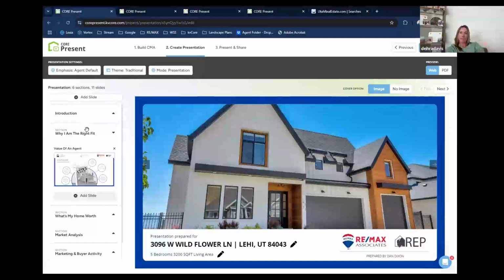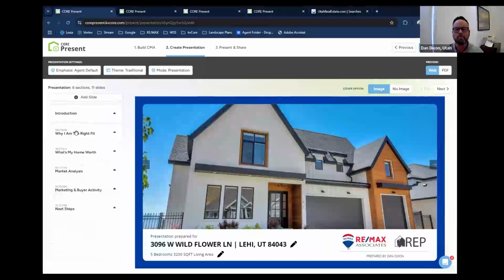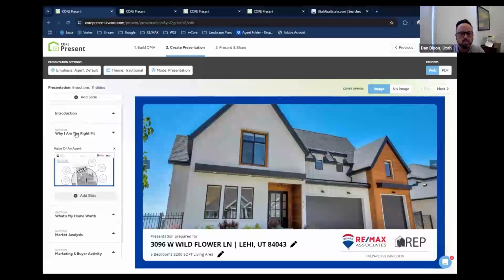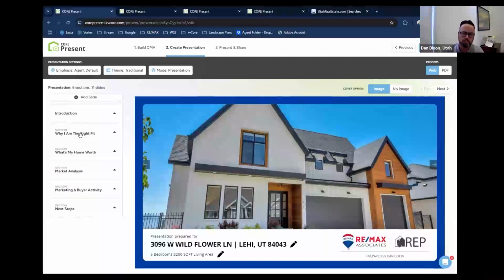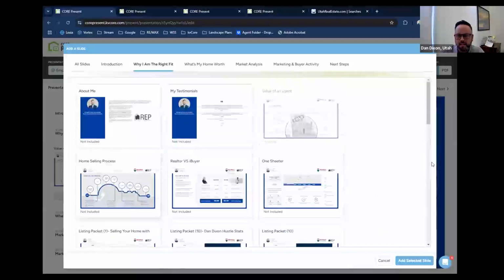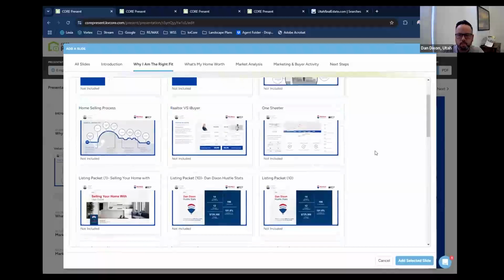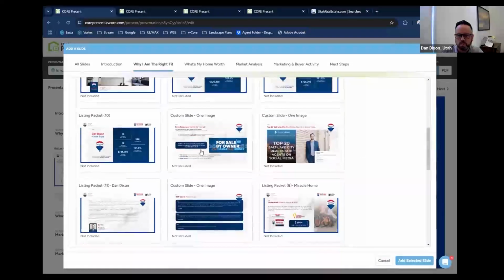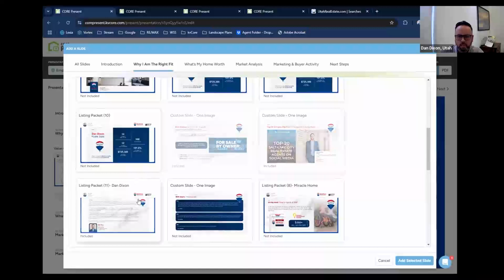And so we did the work before on the slide library and choosing which slides we want to use. And so this is where you would then implement them, right? As you come here, you choose why I'm the right fit, add a slide. And then it's just as simple as picking which ones you want to use and not want to use. So I like this one. I like this one.